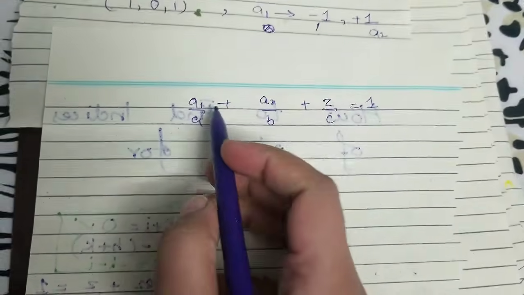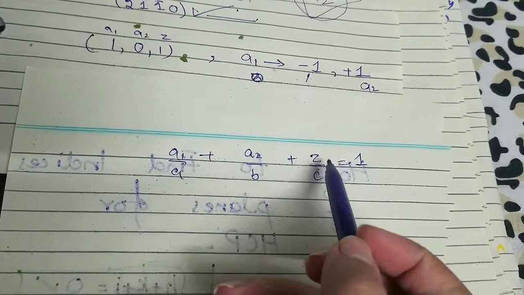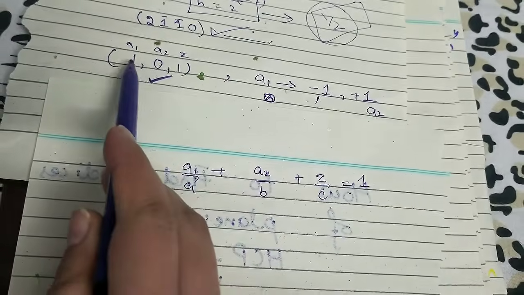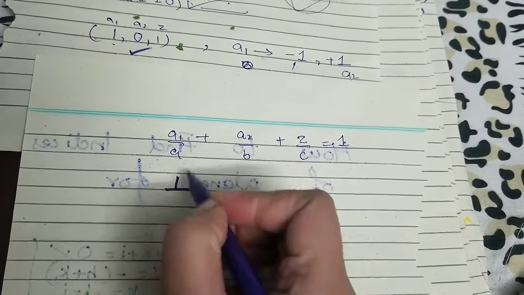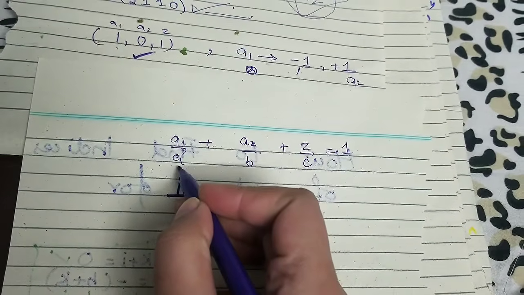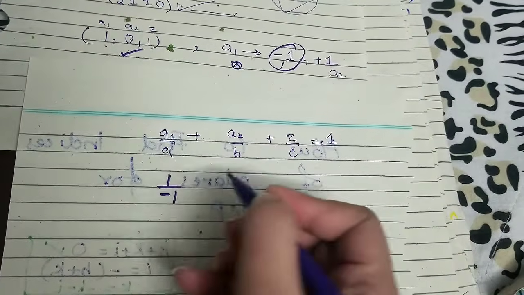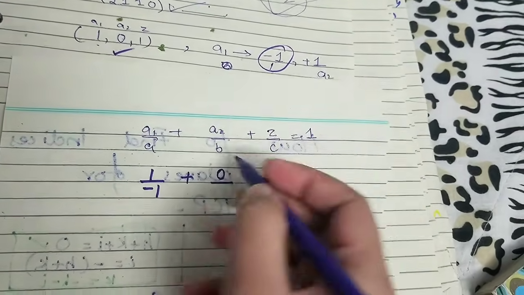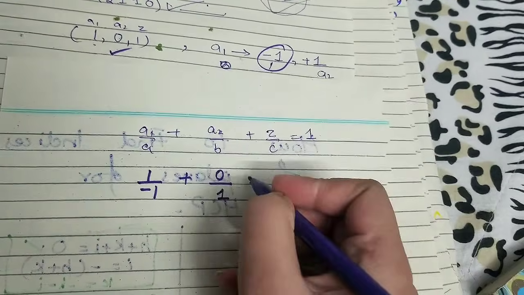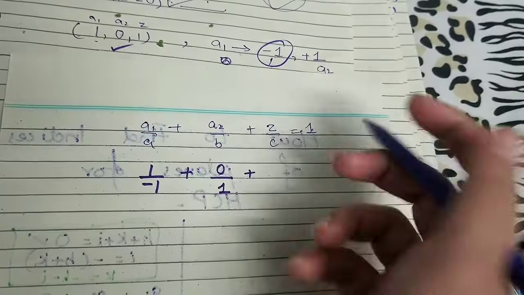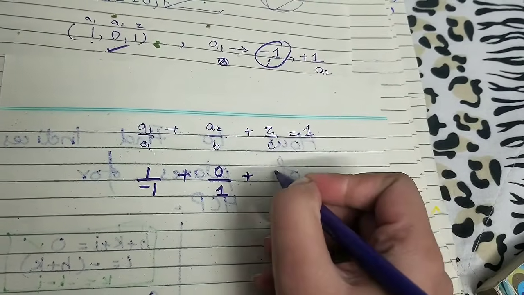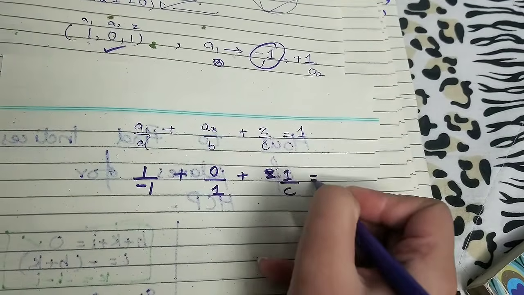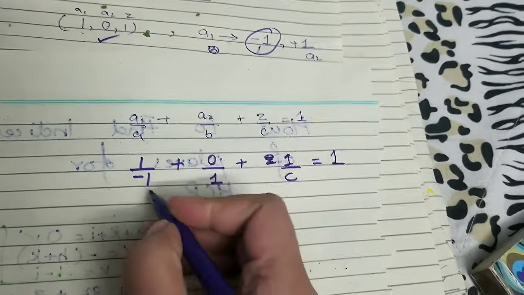All right, now putting the values here, a1, a2 and z are the coordinates of the point that we selected, and these are the coordinates: 1, 0 and 1. So putting 1 in place of a1, here a is the a1 intercept that came out to be -1. Then a2, which is 0, by b was 1. Here b is the a2 intercept. That doesn't matter because a2 point is 0, so it will make the whole quantity 0 already. And z is 1. 1 over c is the z intercept that we need to find out, and -1